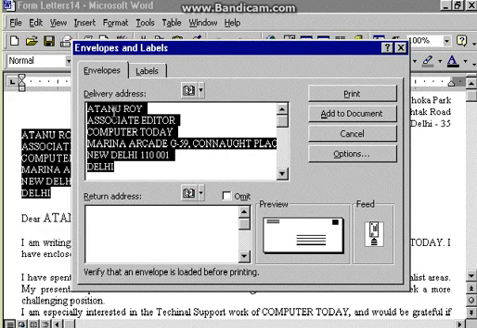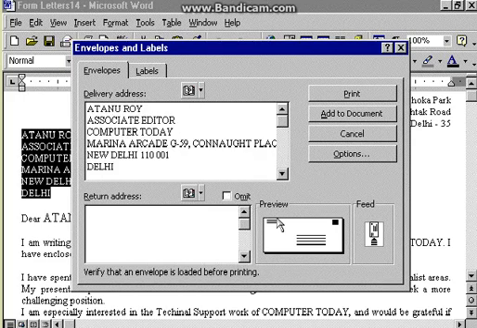You can have a return address here, and if you have one inserted automatically, you can click this option to omit it from time to time. And here in the preview area, you can see where your delivery address will be positioned and the return address up here in the top left hand corner. If you click the Options button,